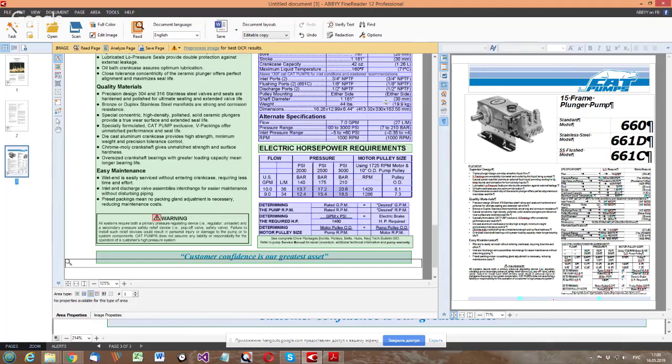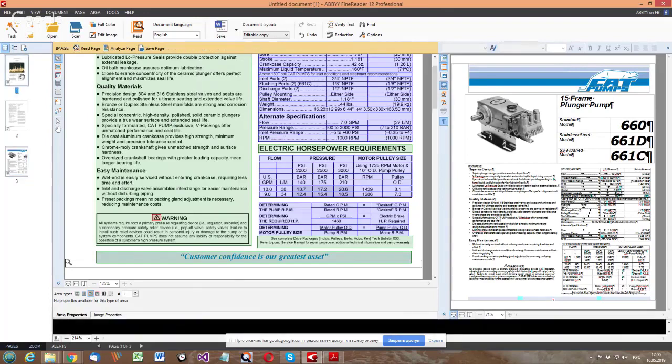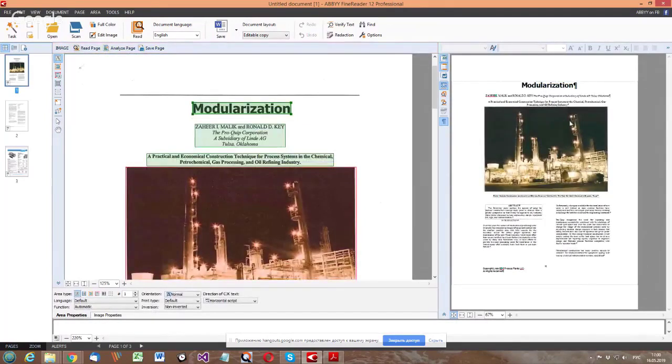During this third step, I check 4 things. That all areas have been recognized correctly. That is, no text is missing in the text window. Also, I check that text is split into paragraphs correctly. I check all low confidence characters, which Finereader marks in turquoise background color. And I check spell check errors right inside Finereader, and I correct them here. So I will now go through each page and show you how.